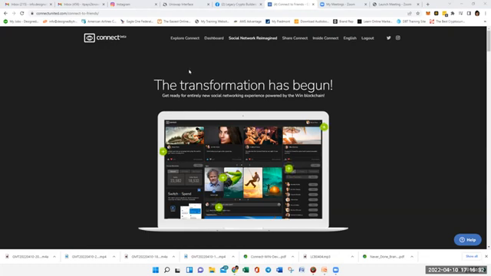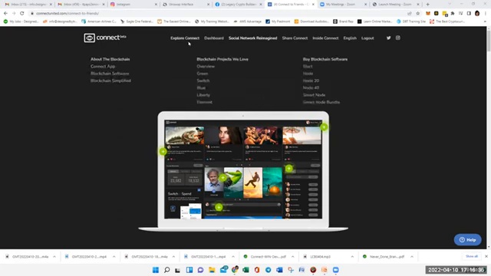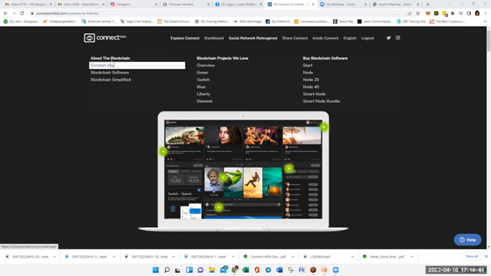All right. The very first thing after you've signed up and logged into your back office, you want to hover over Explore Connect. And when you hover over Explore Connect, I encourage everybody, click on every single hyperlink that you can. This one says about the blockchain. So here with about the blockchain, it's going to give you every single thing. You can't click on anything here, but it's going to give you the 3 hyperlinks underneath of there